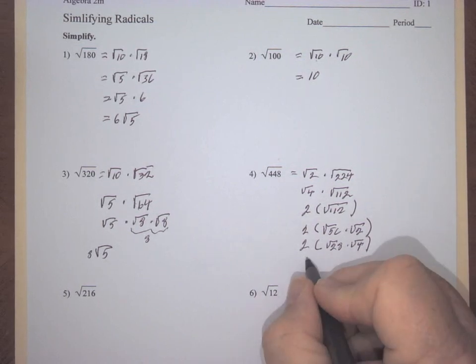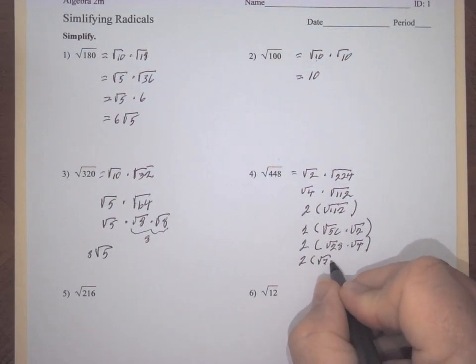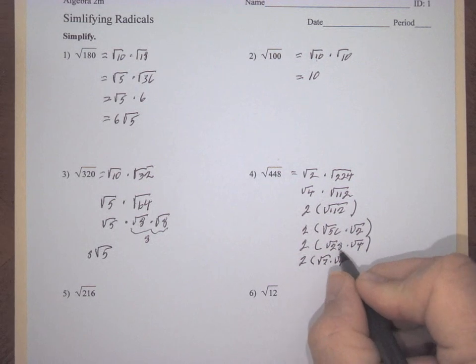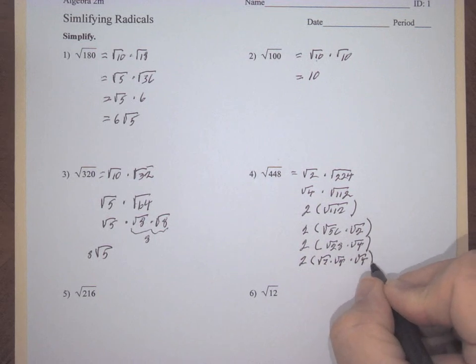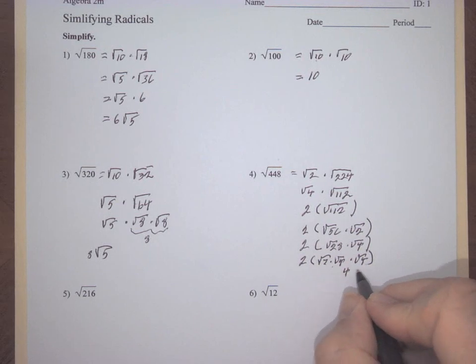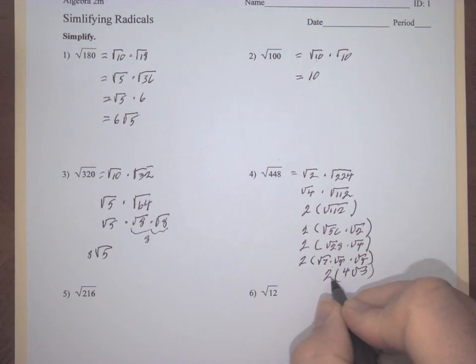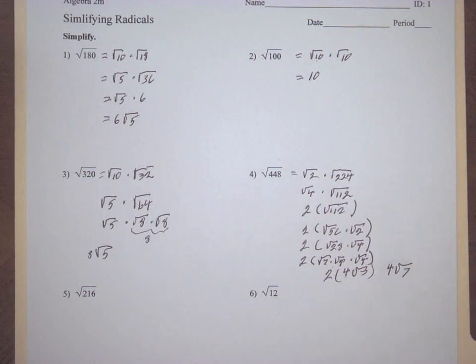Well, we're still not there, but we can do one more step. 2 times the square root of 7 times the square root of 4 is the square root of 28 times the square root of 4. So the square root of 4 times the square root of 4 is 4 times the square root of 7 times 2 will leave us with 4 times the square root of 7. Guys, it's all a logic issue, and there's many ways to get to each one of these answers. Each one of them,